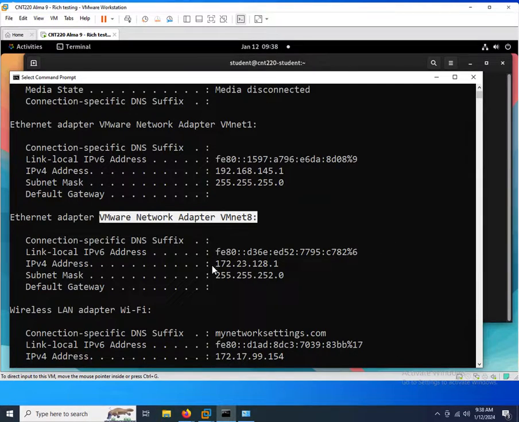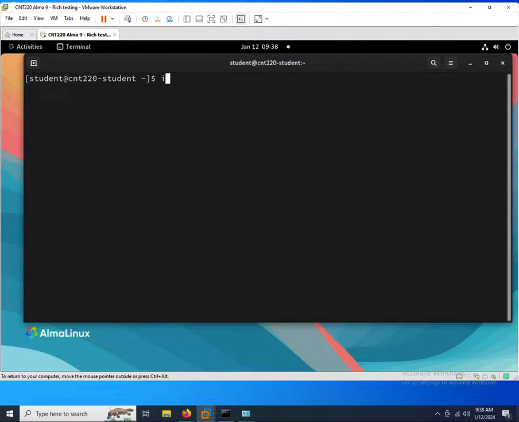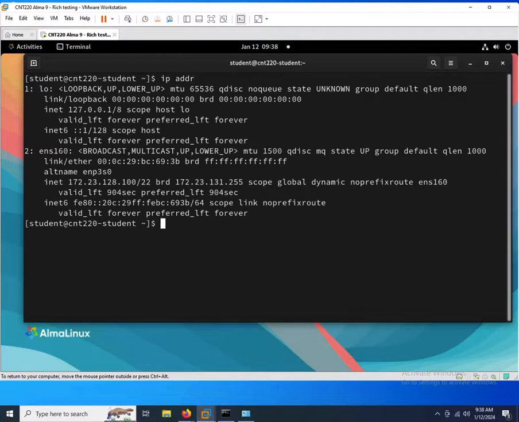So currently my Windows PC is 172.23.128.1. On Linux, the command ip addr will show me the IP address, and my Linux IP address is 172.23.128.100. So the first thing we want to do is just ping using those IP addresses to make sure everything's